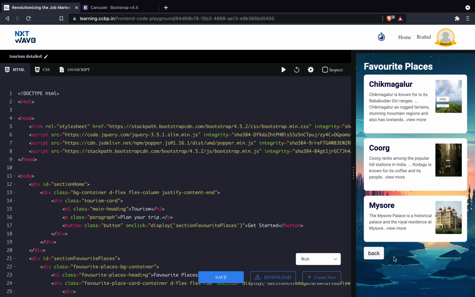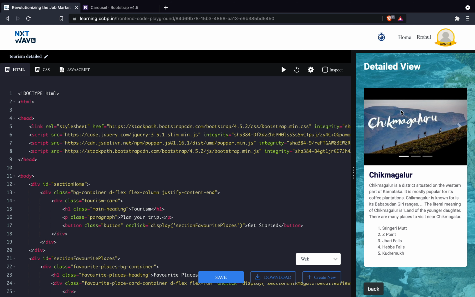So let's proceed by clicking any of these cards so we can see a detailed view of these places. Now I am clicking this Chikmagalur card. Now you can see that we are directed to another page, that is the detailed view section.